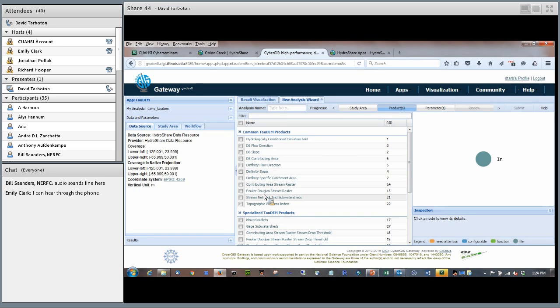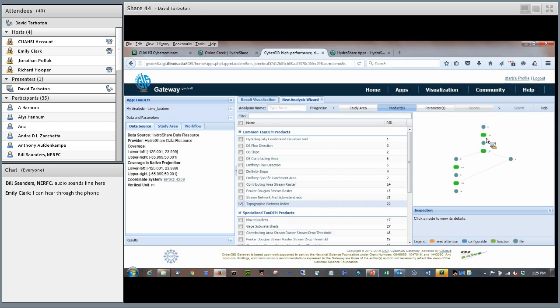I'm seeing a list of Tarboton products. The approach taken in designing this app has been that I just click on the product that I want. Perhaps I'm interested in topographic wetness index, and the system for these products knows the sequence of Tarboton functions that you have to run to obtain them, and they appear in this little flowchart here that's too hard to read even when you're not projecting it on a webinar. But you can hover over each little icon and see this is our input elevation grid, and that's passed through